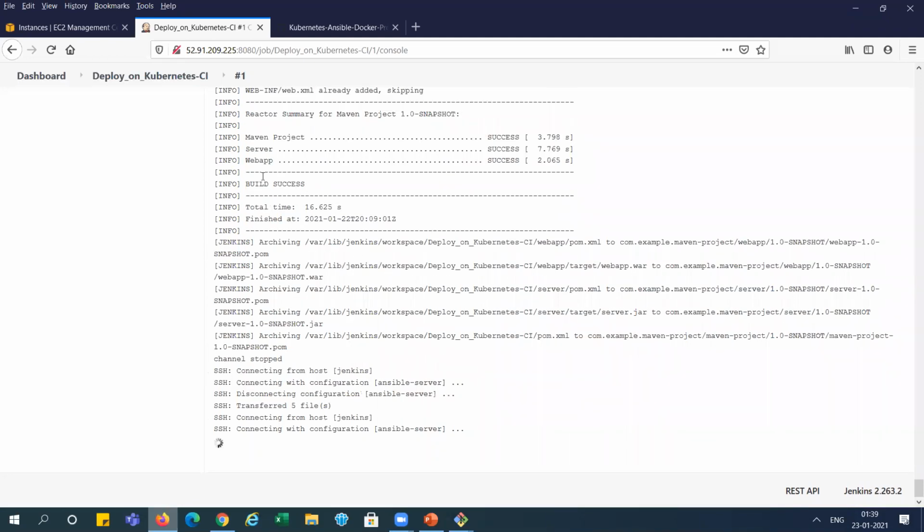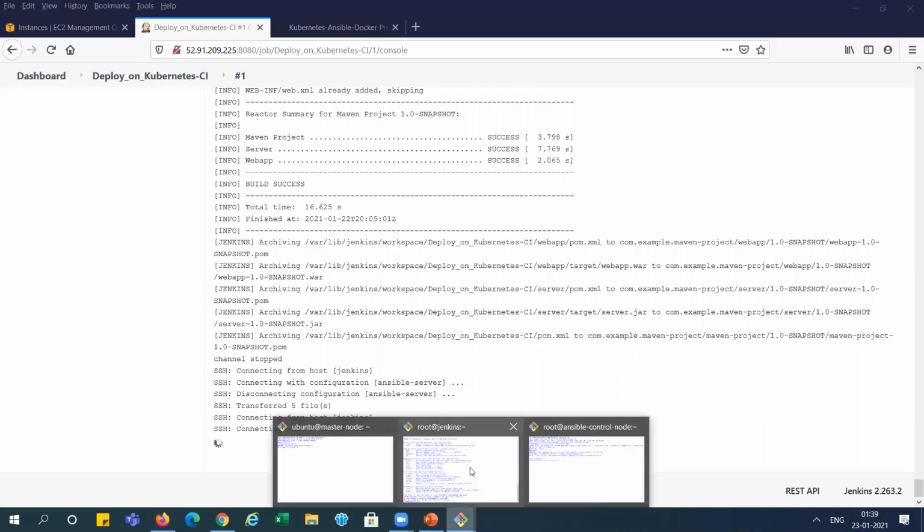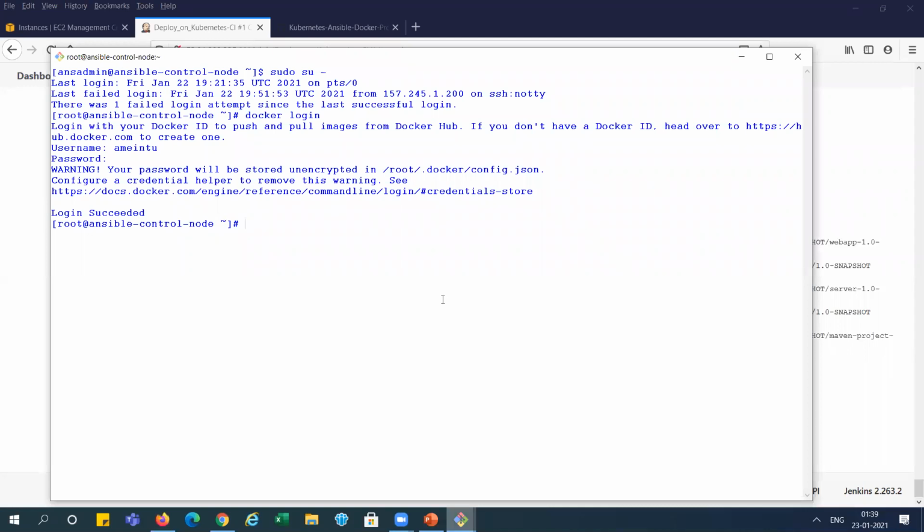You can see here the build is successful and it copied 5 files over to the Ansible system. Let's go and see in the Ansible system. This is our Ansible system, right?